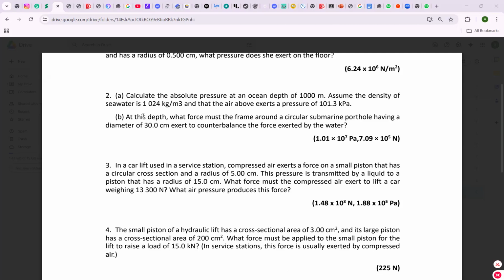Okay, first we solve A. So we have the absolute pressure at an ocean depth of 1000 meters. So we have H, which is 1000 meter, and we have the density. Okay, and the air exerts pressure of. Okay, so we need to calculate the absolute pressure. So the formula of absolute pressure is uh,